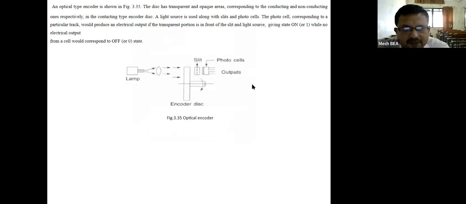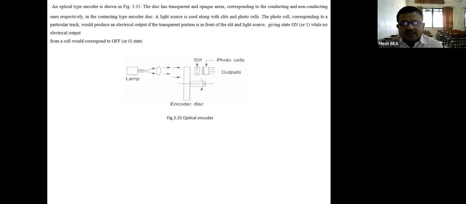An optical type encoder is shown in the figure. See that this is the encoder disc, lamp, and convex lens. The light rays pass through the encoder disc, move through the slit, and fall on the photocells. The disc has transparent and opaque areas